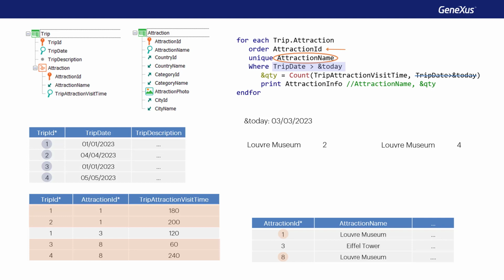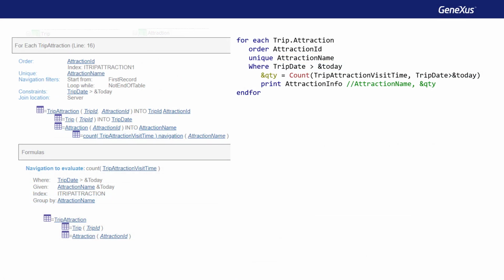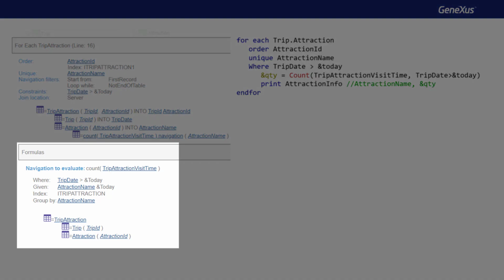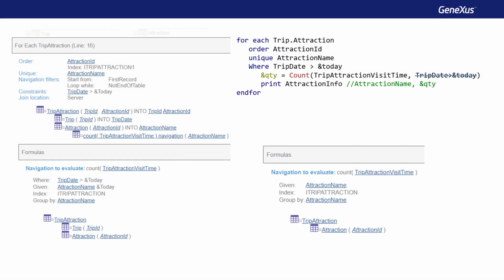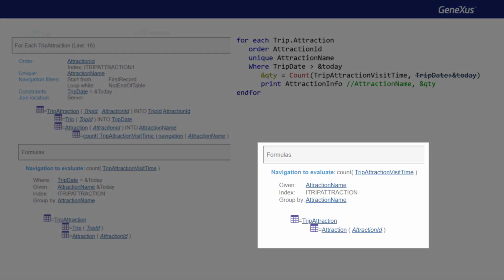Next, we go to the next record to process in the for each. It's the only one left, and its date doesn't meet the filter, so nothing else is processed. The final result will be this, depending on whether or not the filter condition was added to the formula. In fact, if we look at the navigation list, we can clearly see that the formula is calculated as we want. Let's look at the group by and how the where shows the filter on the records to be counted. If we remove the count condition, then the navigation list will inform this for the formula.